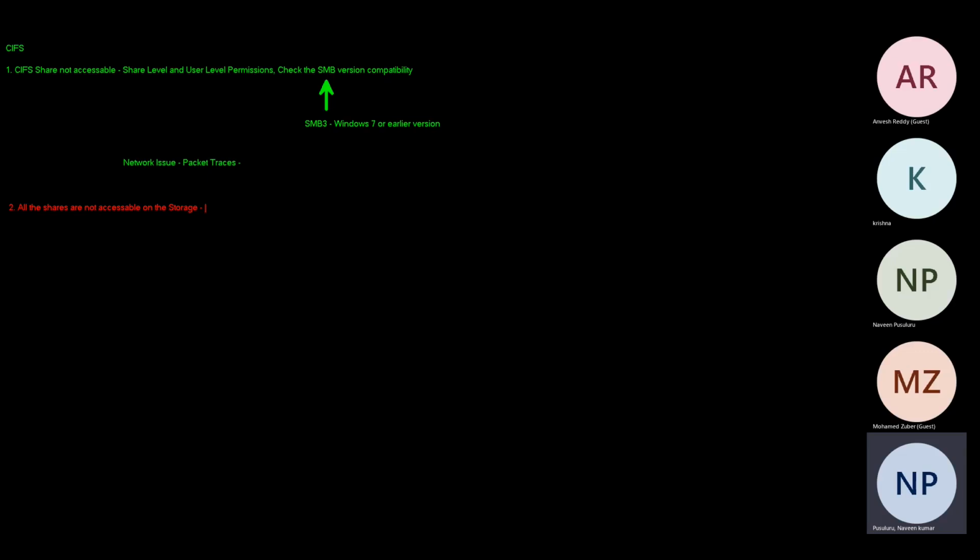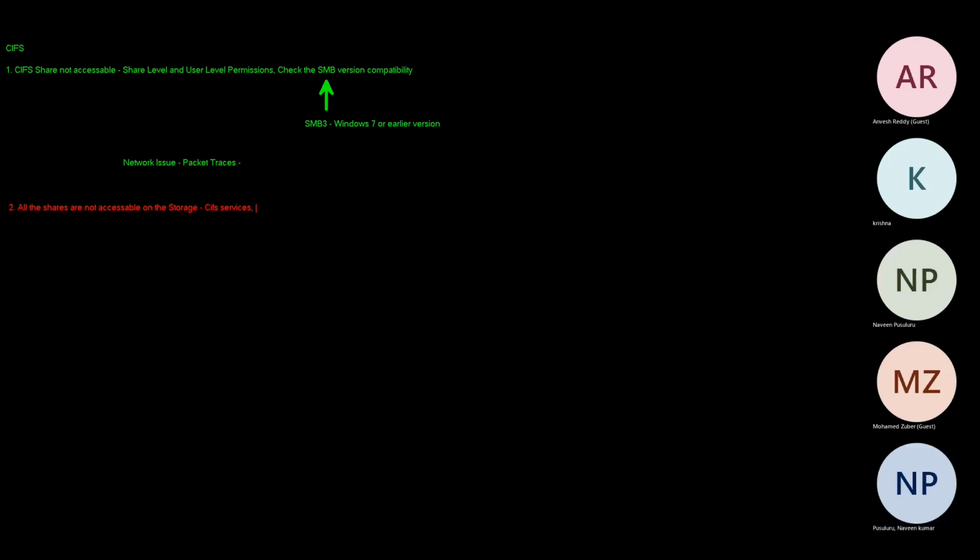Then this might not be a permission issue or something. What you need to do first is check the CIFS services. Are they enabled, or did someone stop the CIFS? That is the first thing you need to check. You know, right? vserver cifs show. If you run that command, it will show you whether CIFS services are running or not. If CIFS services are running and still they are unable to access the share,